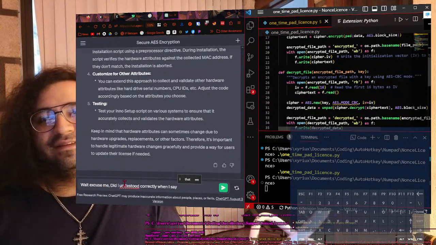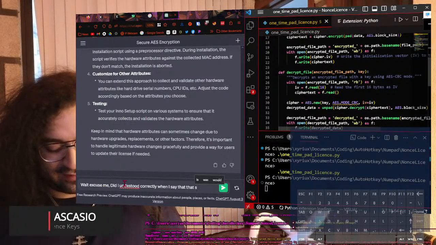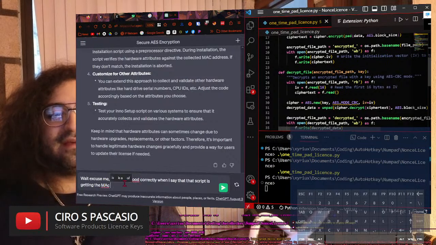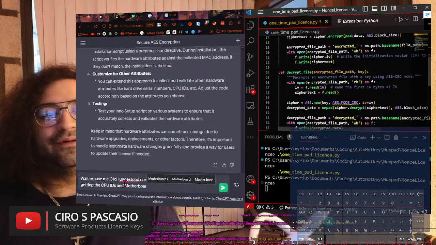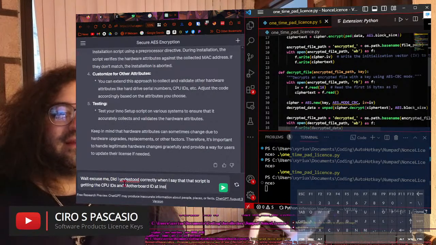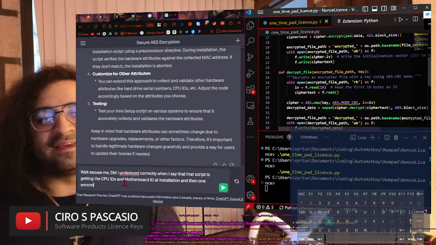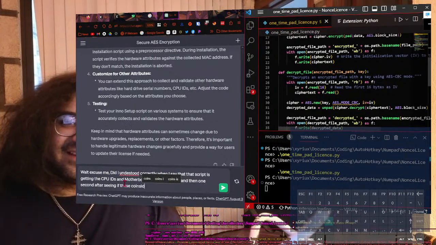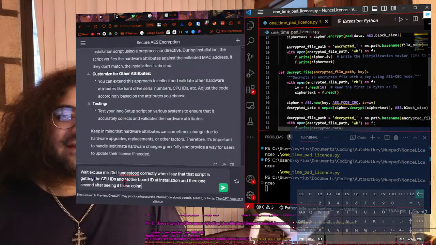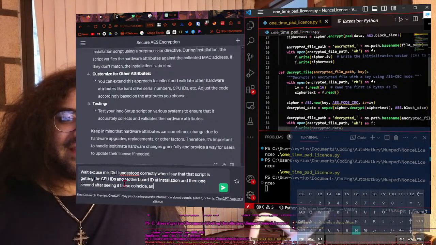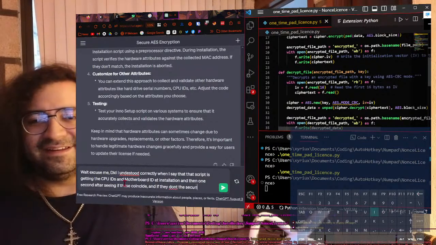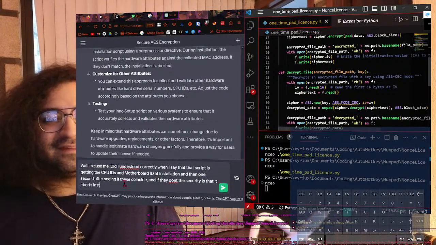I said that that script is getting the MAC, the CPU, the motherboard, and the installation, and then one second after, seeing if these points coincide. If they don't, the security